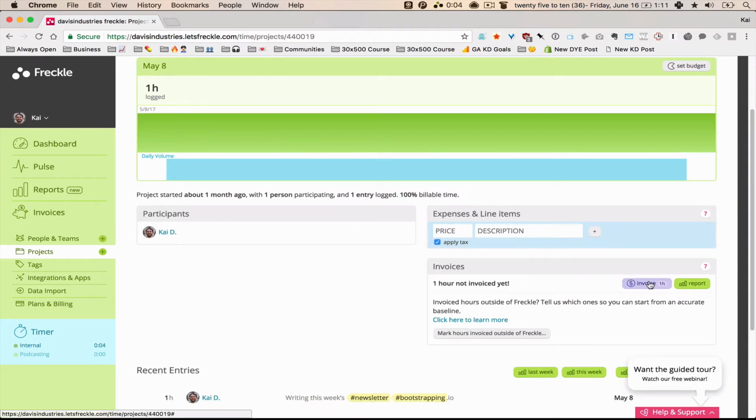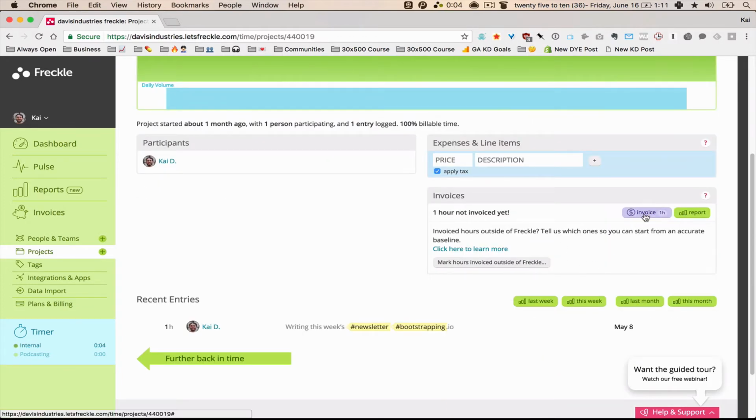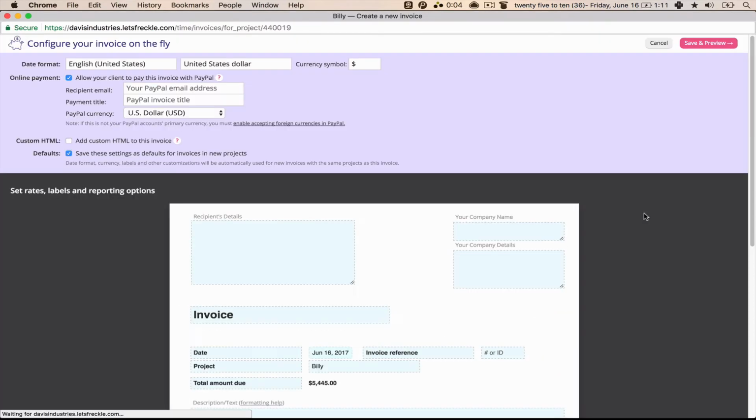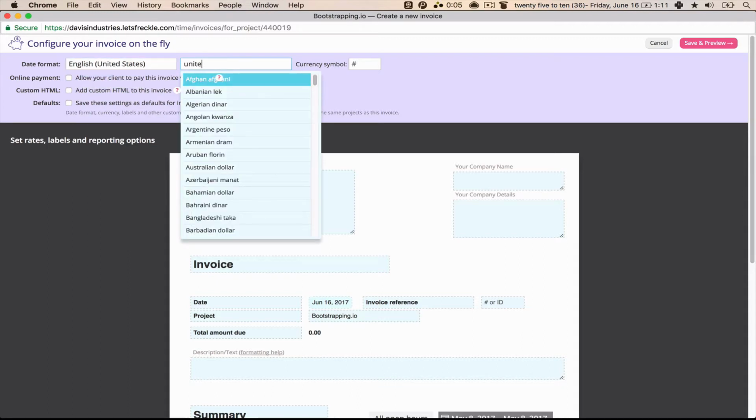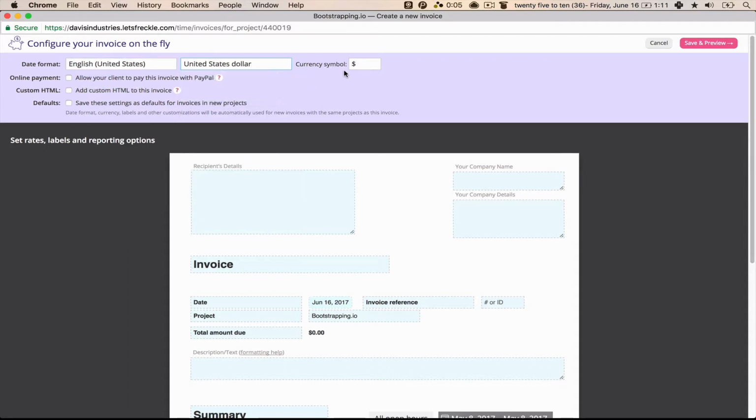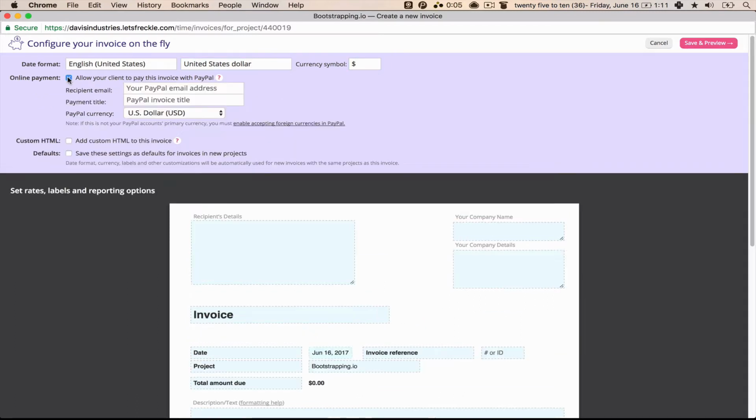And so we're going to generate an invoice for it just by scrolling down here and on the right clicking the purple invoice button, and it pops up the configuration for the invoice, and we're able to choose the date format. In this case, I'll choose English, the currency, and we search here for United States and choose United States dollar, and it changes the currency symbol to the dollar sign for us. We can accept online payment. In this case, we will, so we're going to set my PayPal address, which is paypal@kaidavis.com, and we're going to